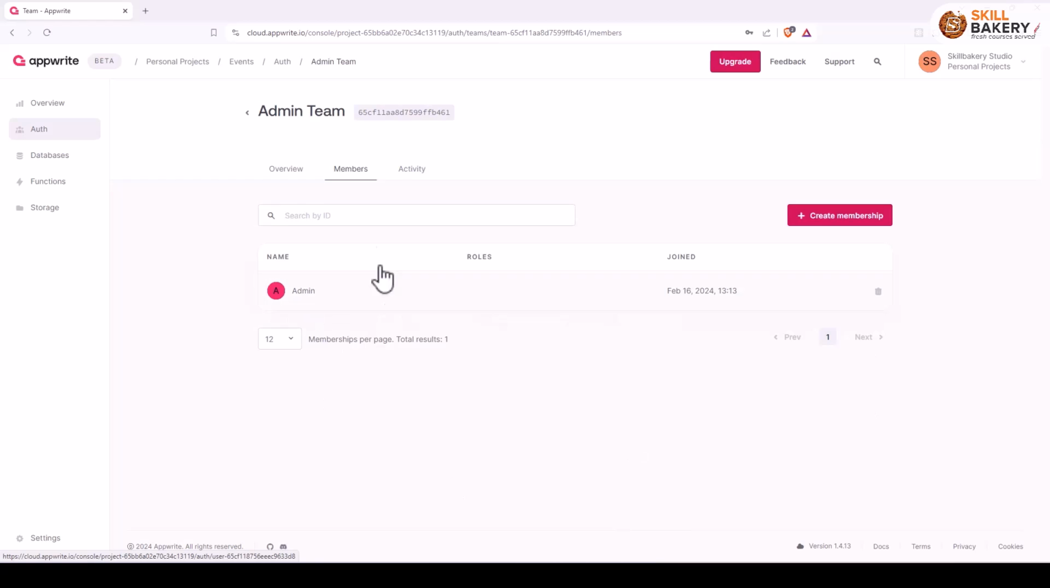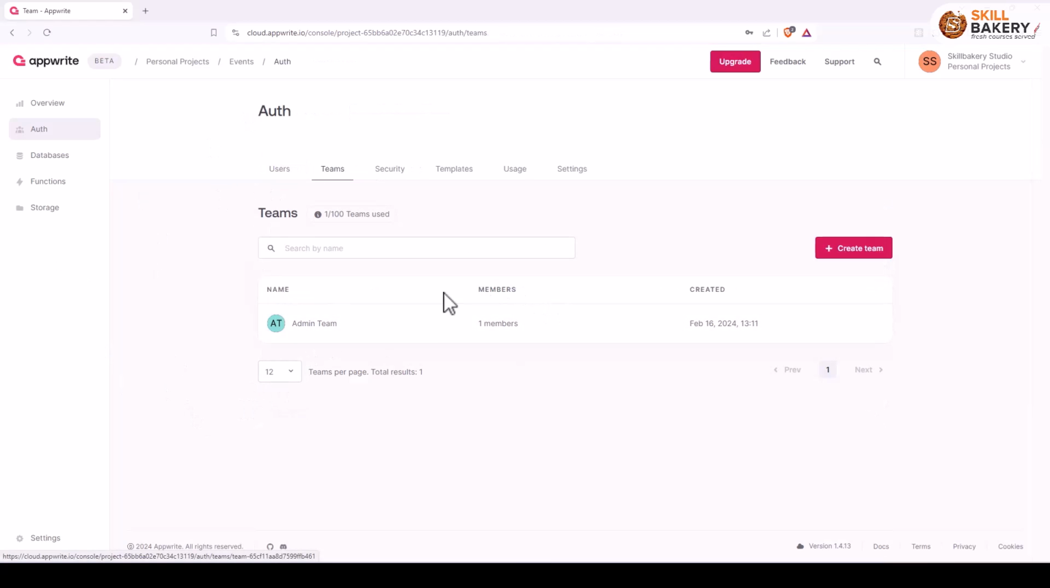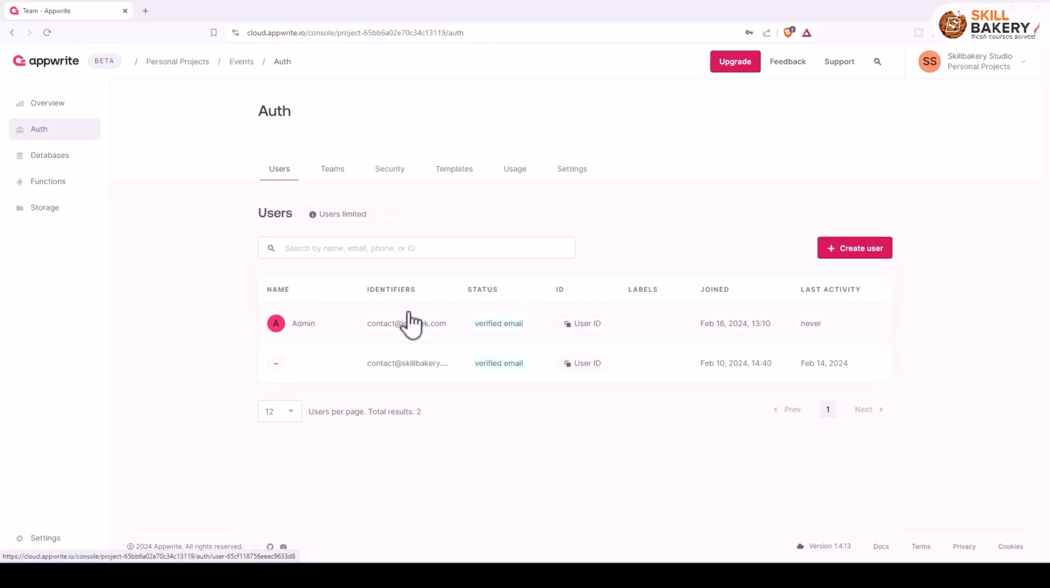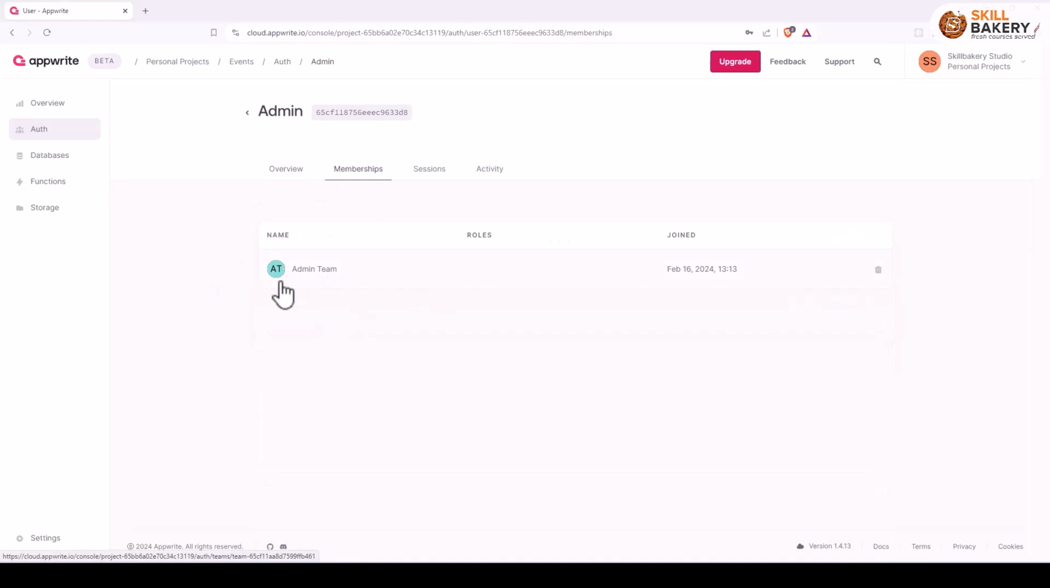Once we do this, you'll notice that the overview of admin team shows that we have one member. And if I go back to users and click on admin over here, under membership, you'll notice that team is appearing. So that's how easy it is to create an admin user and to make that user part of